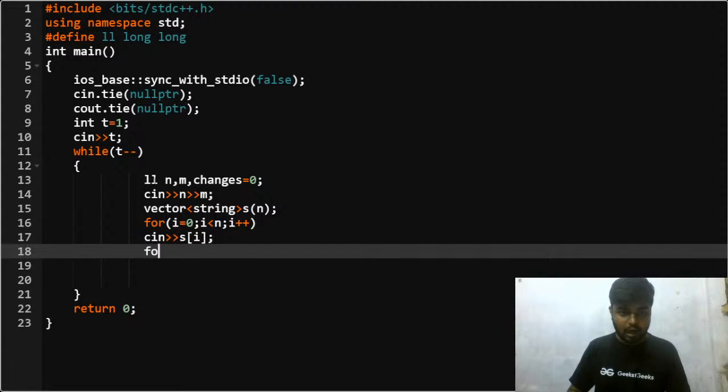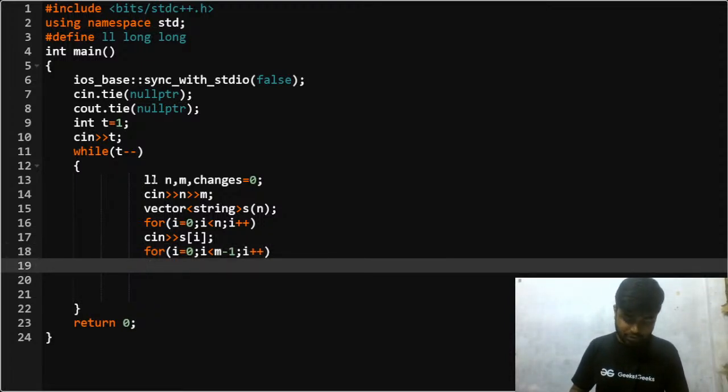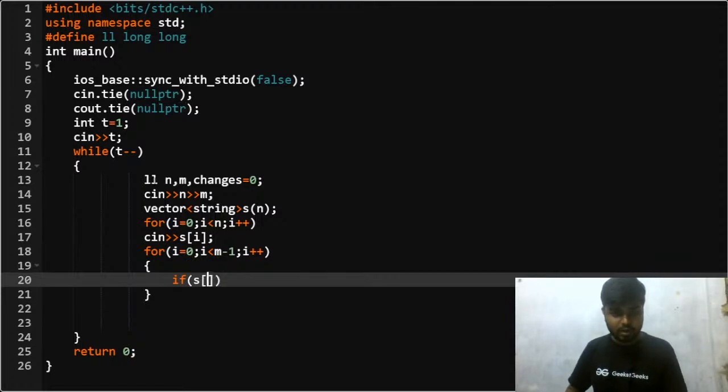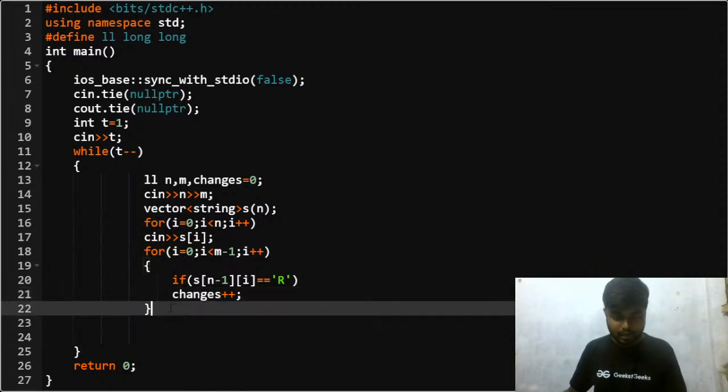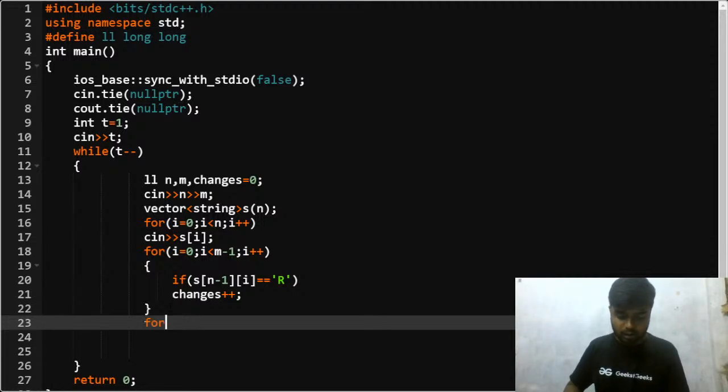After that, I'll run my loop. I start from 0, i is less than m minus 1, and i plus plus, that is, I've kept my row constant. So if in s of n minus 1, that is my last row, any column is equal to r, then I do a changes plus plus. Similarly, I run a loop for i starting from 0 and i less than n minus 1, and i plus plus,